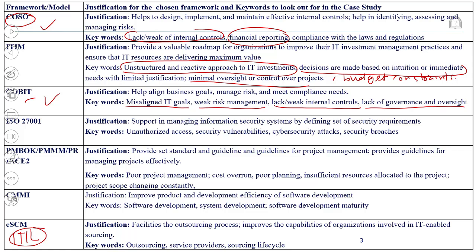Then you've got things like poor project management, cost overrun, poor planning, insufficient resources allocated to the project. Those are typical problems that occur when you don't have